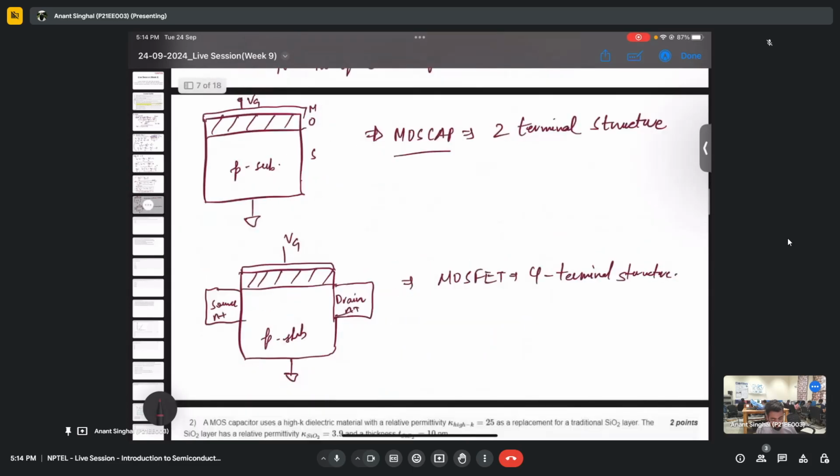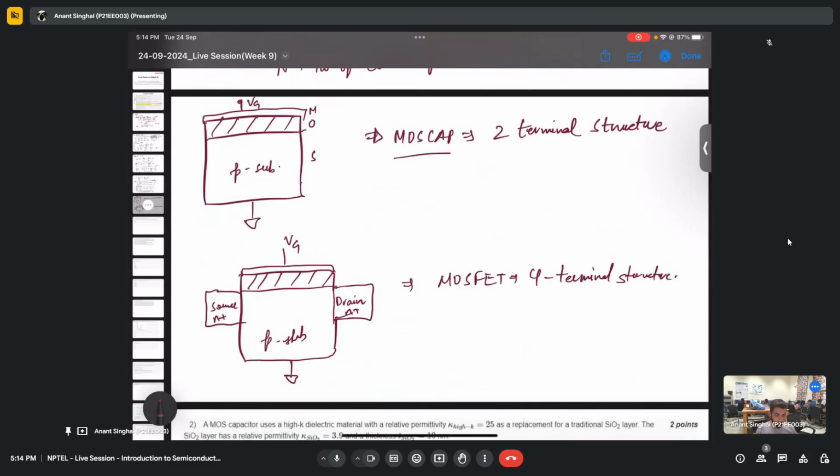And now I was coming to the MOSFET. What is the basic difference between a MOSCAP and a MOSFET? We have already studied everything for MOSCAP, and we saw that for CV we have different curves for low frequency and high frequency, because the electrons cannot respond to make the inversion layer at very high frequency. But in a MOSFET this will not happen, because we have an ample amount of electrons present between source and drain. So we will always have a CV plot like this for a MOSFET